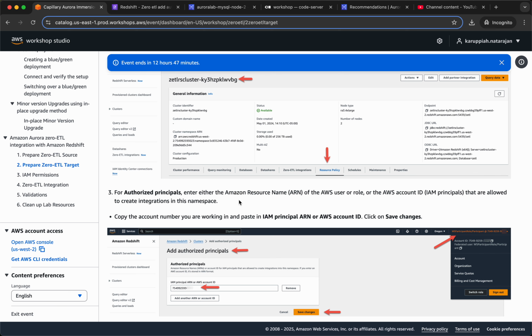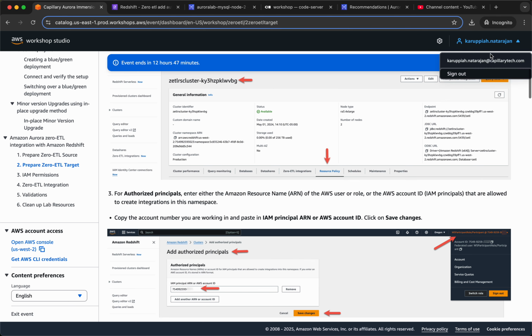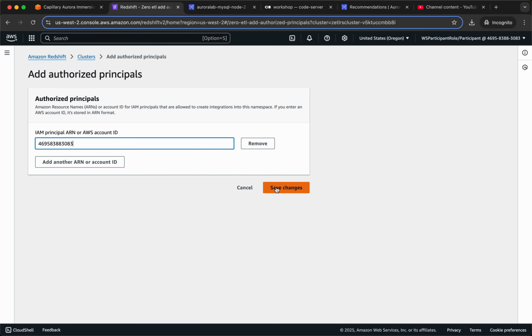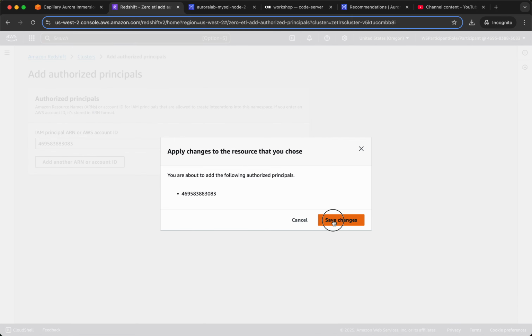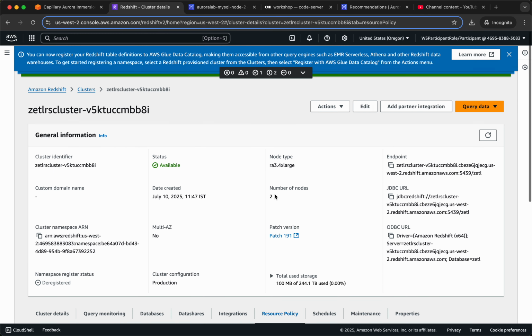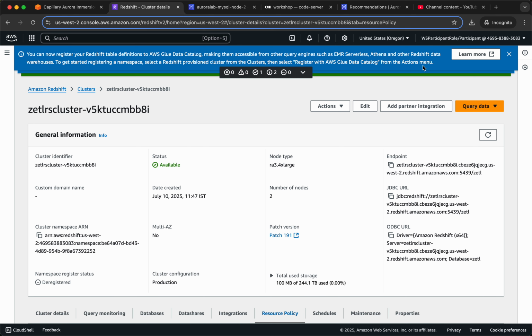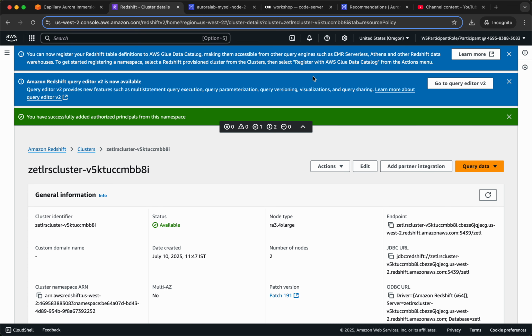So for authorized principal, enter either the Amazon resource name of the AWS user or role, or the AWS account ID that is allowed to create integrations in this namespace you're working in, and paste the IAM principal, and click on save changes. Okay, so I think this will be this one. So account ID, right? Save changes. Okay, and then what is that? If successful, okay, but it becomes yellow, I think, for some reason. Anyways,